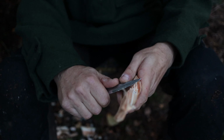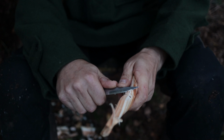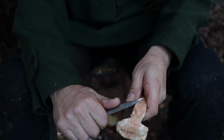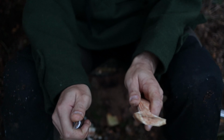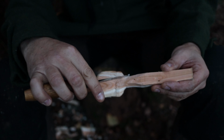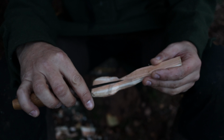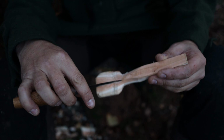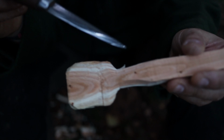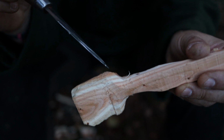So you can see how, when I talk about grain direction, I can cut across the bowl here, but then as soon as I come around this corner, I'm now cutting into the grain, and it pulls. So you then have to turn it and come from the other direction. One of the hardest parts I find anyway is this here, because you want to cut in this direction coming to here, but then at this point it changes, so you've got to come back. And you'll often find just here, if you look at people's carving, this is often a difficult area. And what I would say is, if you're carving this area and it's leaving tags, do as